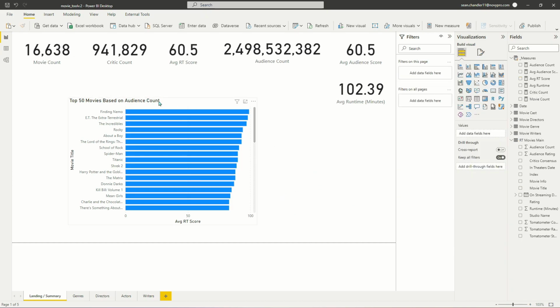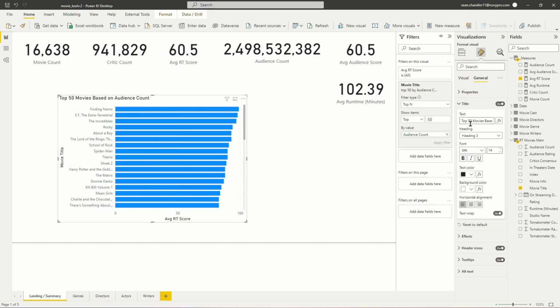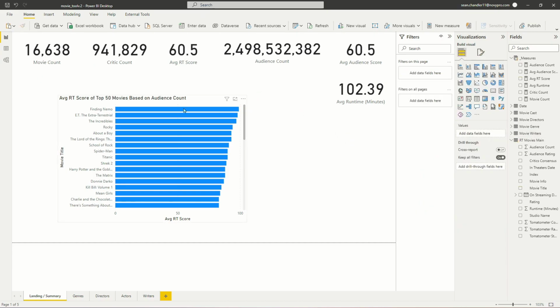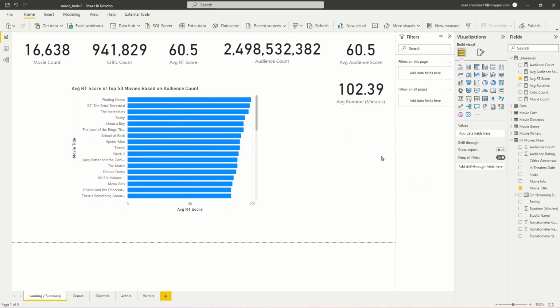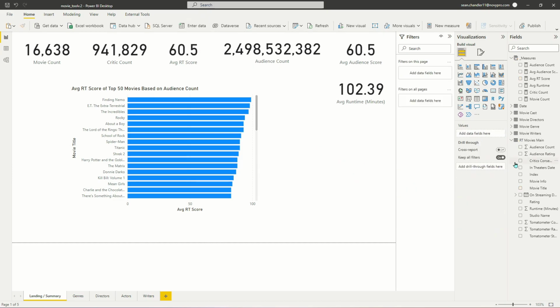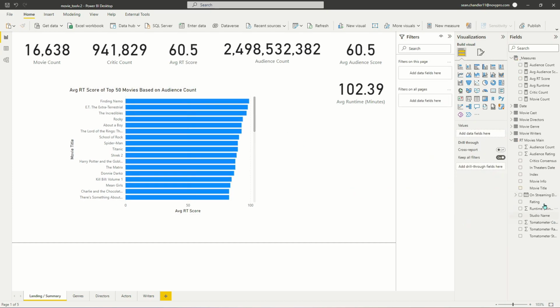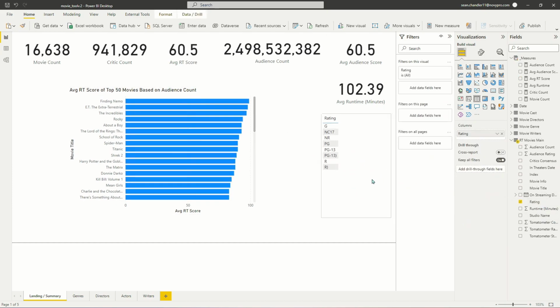We'll just leave that for now. One other thing that I might want to add to my title is the average RT score of top 50 movies based on audience count. We're already starting to run out of real estate on this first page. If we kept all 6 of these KPI cards and a bar chart, and if we added maybe a little bit of additional information here, let's say, we added a look at all of the movies